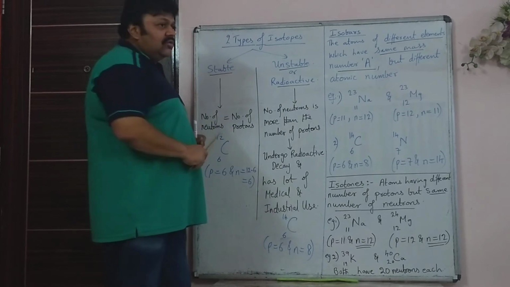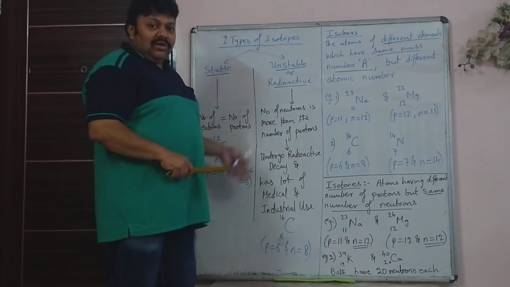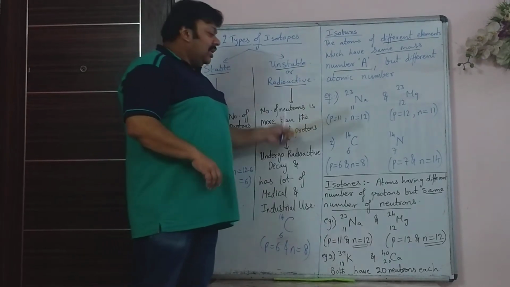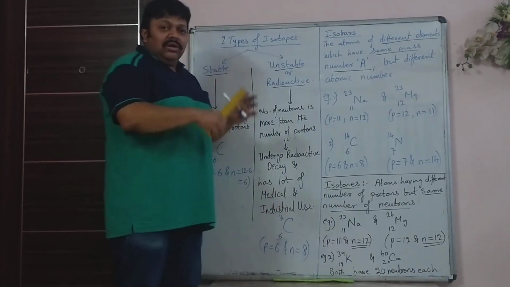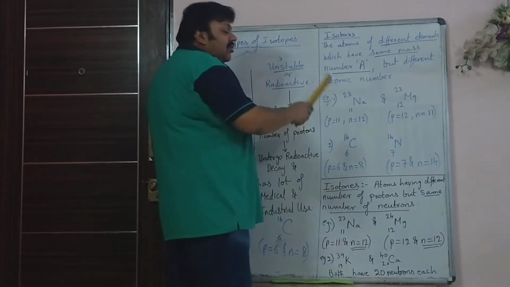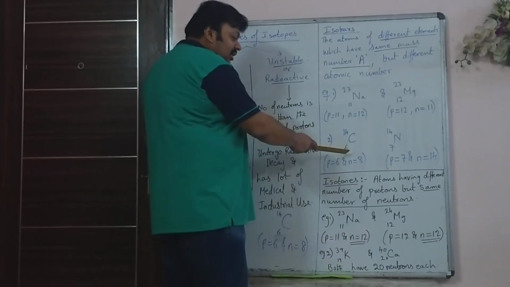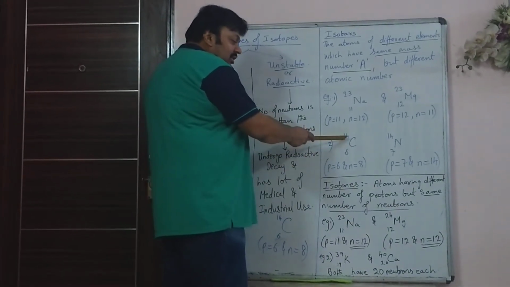Nothing, it's just a comparison and a new name given to it. It is not like isotopes where there are certain uses and radioactive uses which we are going to study in this chapter. In isobars and isotones, it is just a name given to a set of atoms if they have the same mass number. Different elements but same mass number. Carbon 6 14, the mass number is 14.